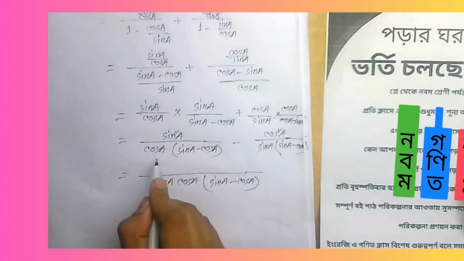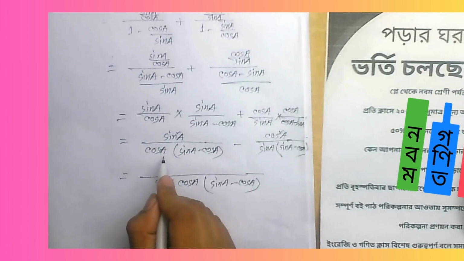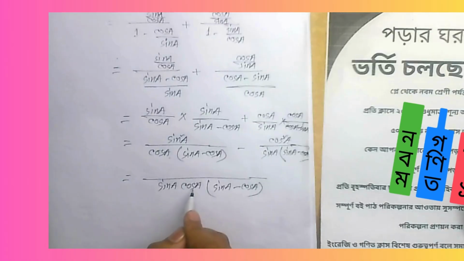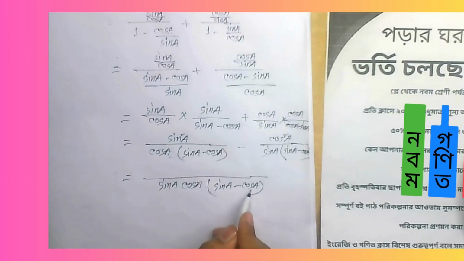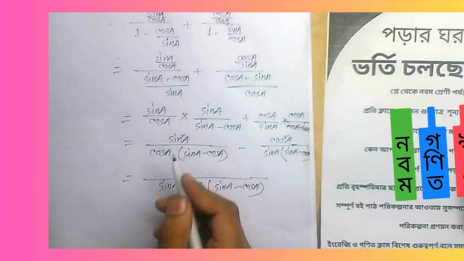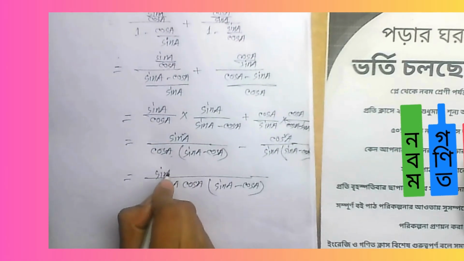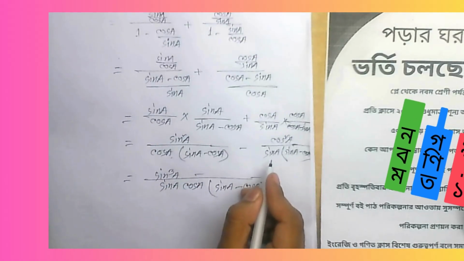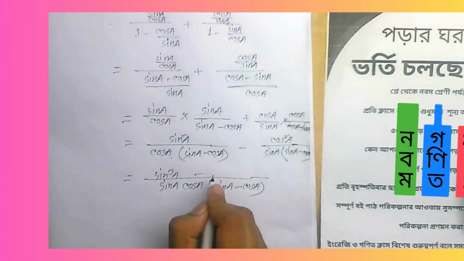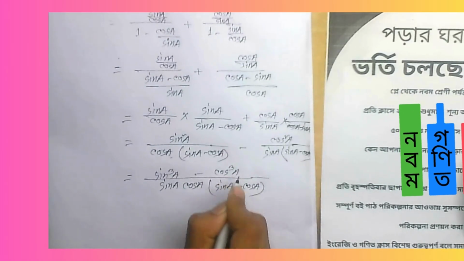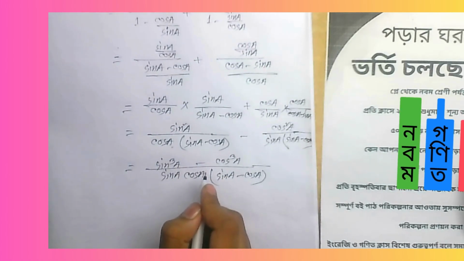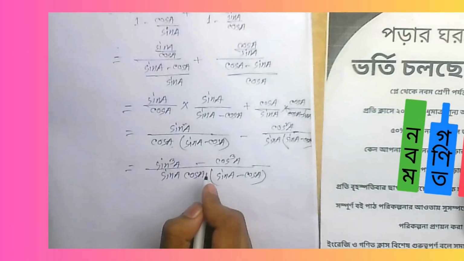তো দেখো এখানে লসাগু করবো এখন আমরা cos a into sin a minus cos a রয়েছে, তো এখানে রয়েছে sin a into cos a into sin a minus cos a রয়েছে, তাহলে এখানে sin a নেই, তো sin a আর হচ্ছে sin square a আমরা যদি গুণ করি তাহলে কি হয় sin cube a মাইনাস, এই ক্ষেত্রে দেখো খেয়াল করো cos কিন্তু নেই এখানে, তাহলে cos আর cos square a গুণ করলে হবে cos cube a, দেখো এটা a cube minus b cube সূত্র, a cube minus b cube সূত্র হচ্ছে a minus b into a square plus ab plus b square,